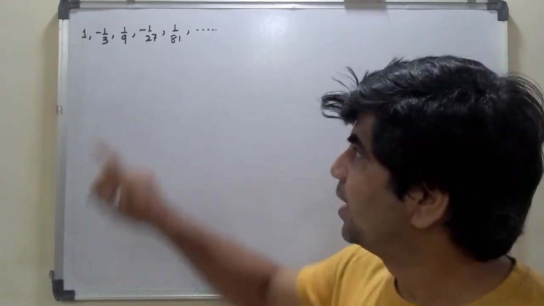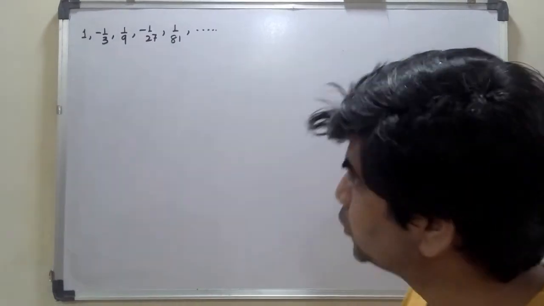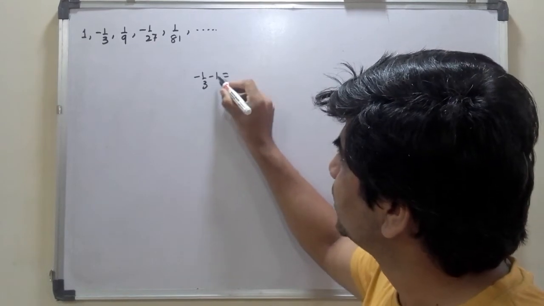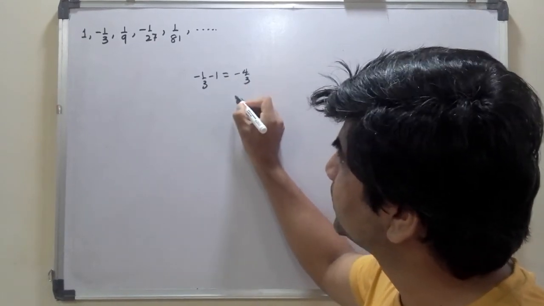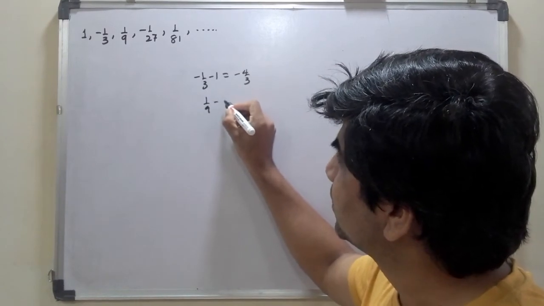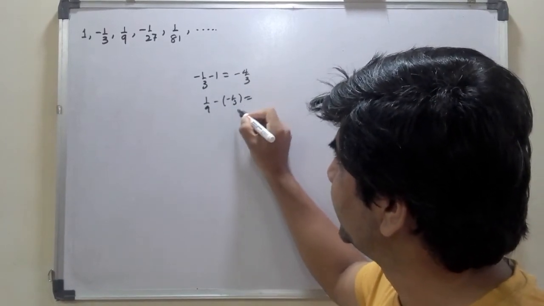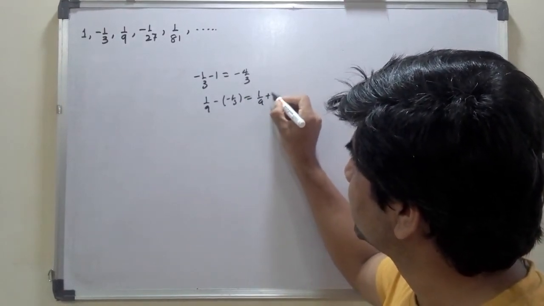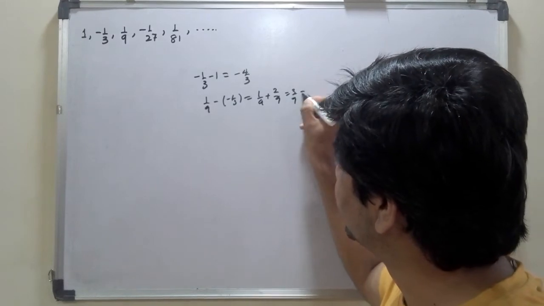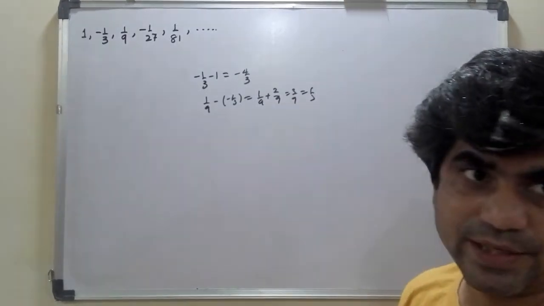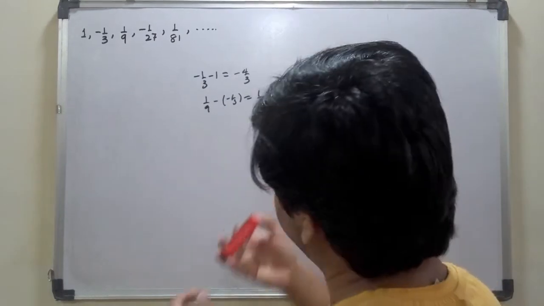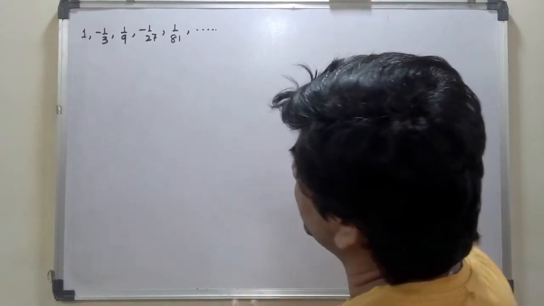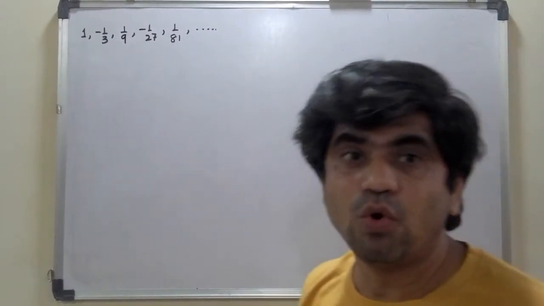And what it says is, any term minus the previous term. So, the second term minus the first is minus 1 by 3 minus 1, right? So, it is minus 4 by 3. Next, the third term, 1 by 9 minus of minus 1 by 3. So, this is 1 by 9 plus 2 by 9, that is 3 by 9, that is again 1 by 3, which is not equal to minus 4 by 3. Means the conclusion is that this is not an AP. Okay, if it is not an AP, then let us find the relation it holds.